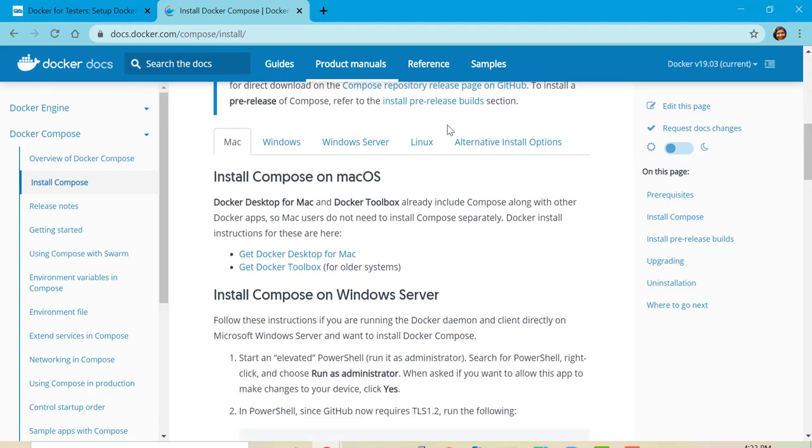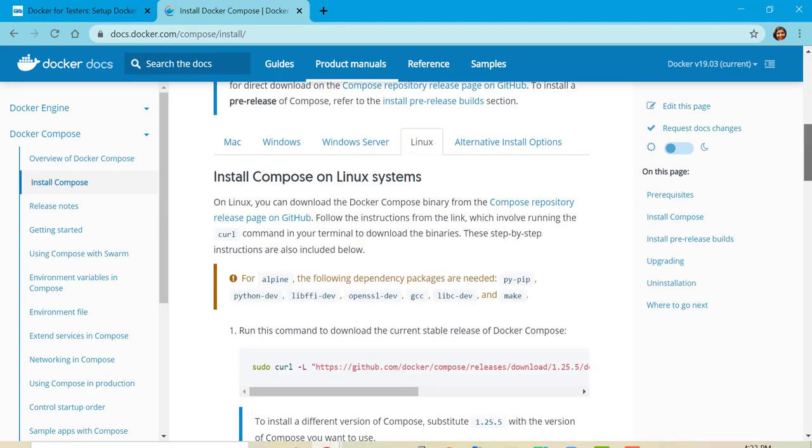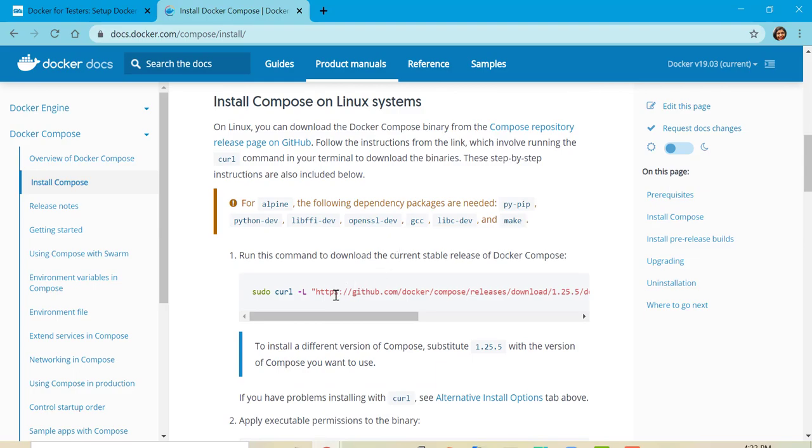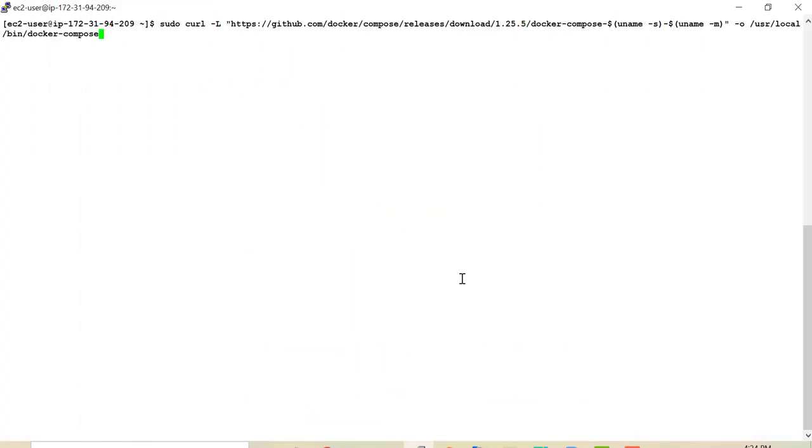All you have to do, select your operating system, which is Linux in our case, and what you have to do, you have to run this particular command which will download Docker Compose from this particular location, this GitHub location. Okay, so we'll copy this command and we'll run this command on our machine.